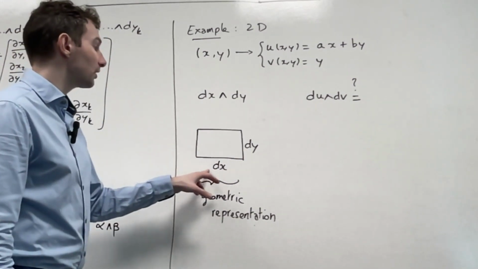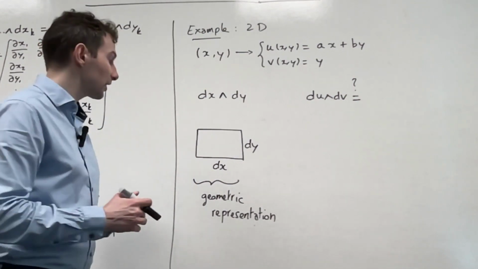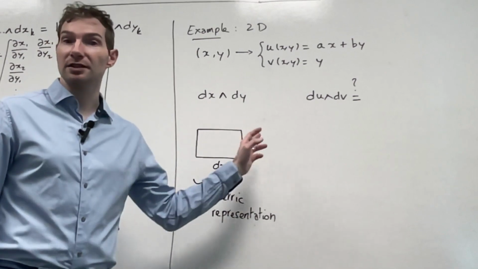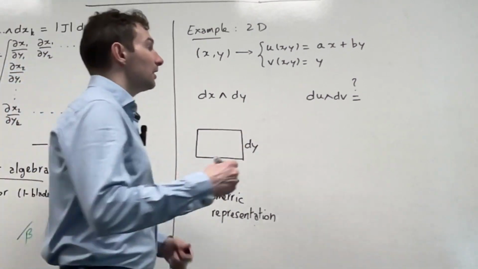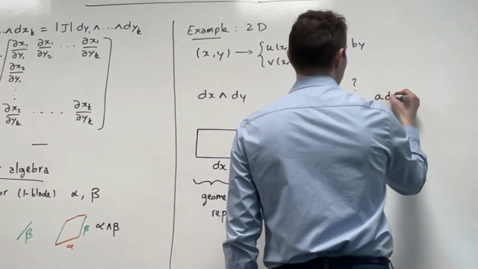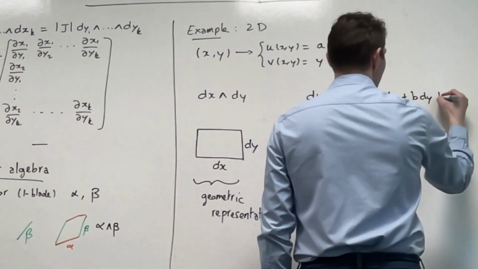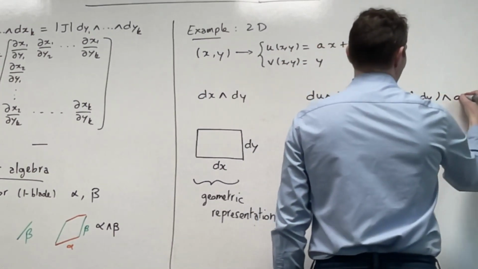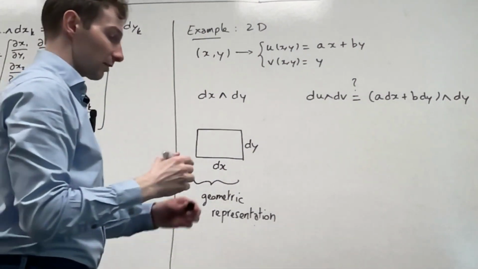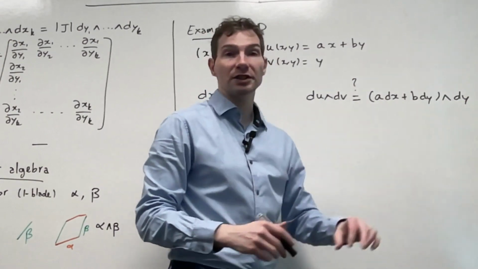And this is going to be interpreted here as orthogonal kind of direction, x and y, and so that's basically a rectangle, okay, with dx and dy here. Now, if I put du here, I'm going to have that this is a dx plus b dy, and then this is wedge dy. So what I can do is actually say, well, I can just plot this a dx plus b dy and